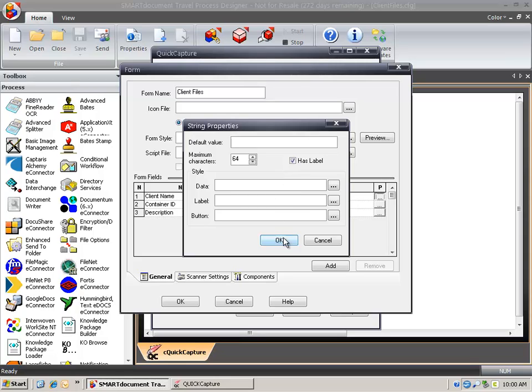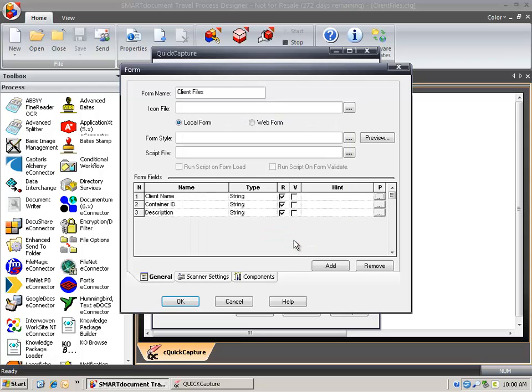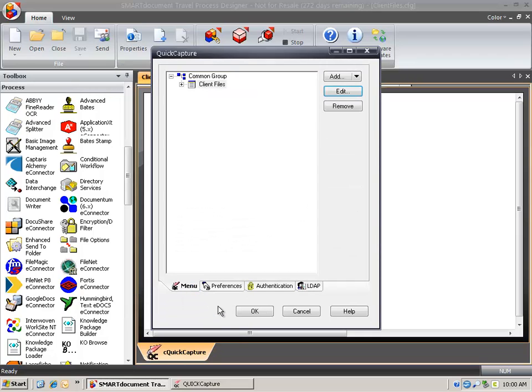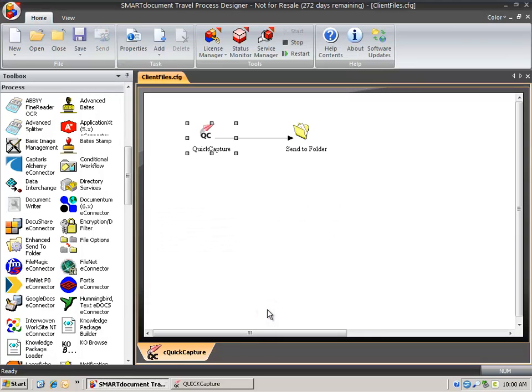So after the value is changed, we'll click OK, and the maximum number of characters for that field is now set. And the properties for each string field are set independently, and where the maximum characters would need to be set for the other fields, we would just go into the properties for each of those fields and increase or maybe even decrease the value if needed. So we'll click OK to close this form, and we'll click OK again to close the QuickCapture Desktop capture components